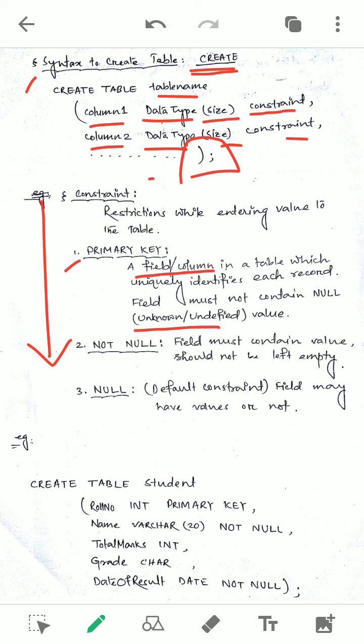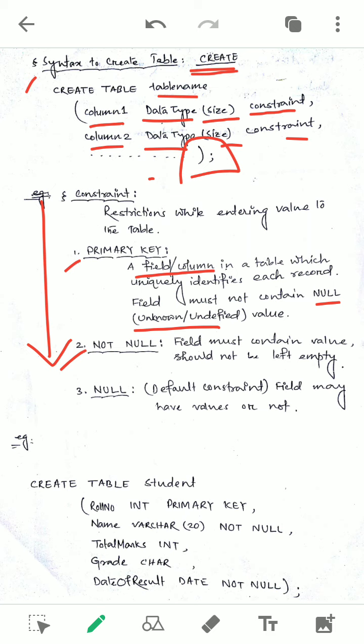Okay, here what does it mean? Null value should not be there, that means unknown or undefined. You cannot make it empty, you cannot leave it, you must give values for that primary field. Then the not null constraint may be there. If it is not null, the value must be given in that column, you cannot omit it. So these things we will follow when we enter the values in the columns. As records or rows we will insert, at that time these things should be maintained. Once you have given one value to a primary key, the same value for the next record you cannot give. You have to change it every time.